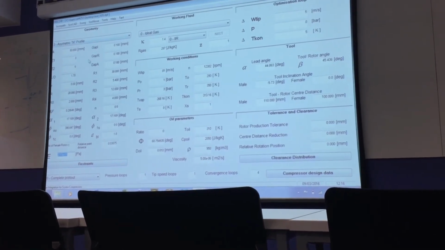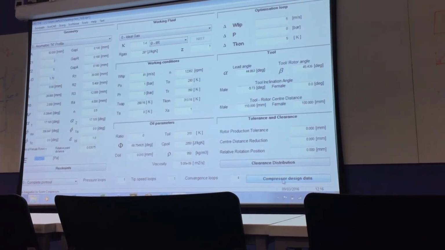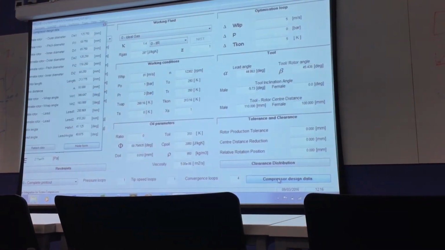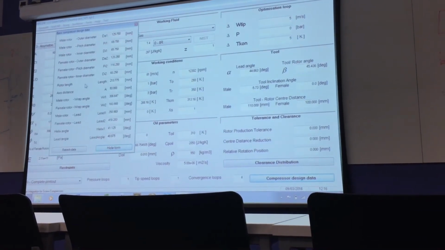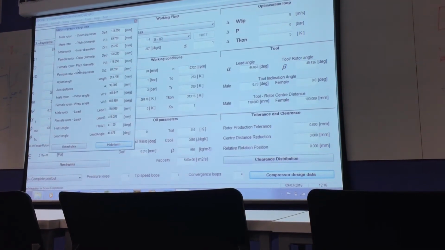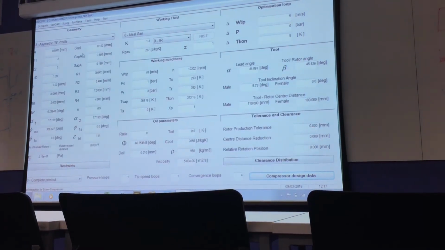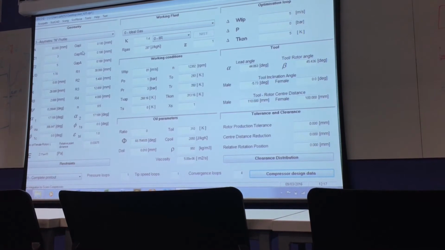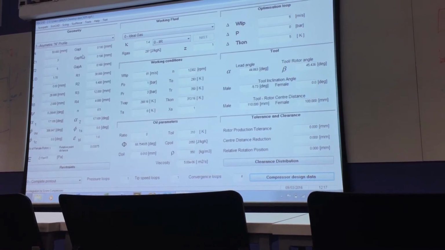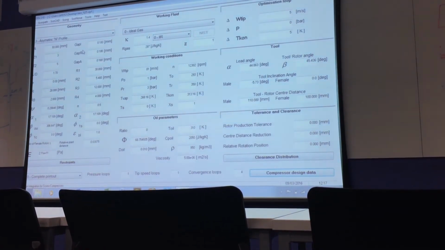And based on this geometry information, what will be the rotor information is in compressor design data. So if you click here, it will give you all the diameters, length, and helix angle. Okay. Now from this information, we have to do calculations to find how the volume curve will look like, what are the sealing line lengths, what is the blowhole area, and depending on the gap size, that will estimate the leakage flow. Okay. So first calculation for us is the profile itself.